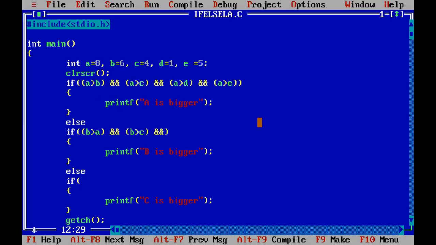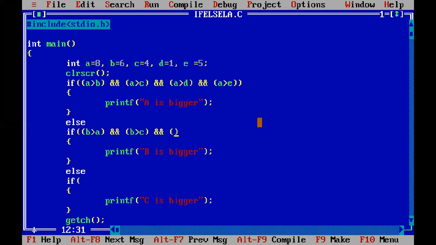For C, better you use Dev C++ or you use Code::Blocks instead of Turbo C, if you are having any difficulty, because Turbo C lags a lot, there's a lot of problem with this. So you better use Dev C++ for C, or you can use Code::Blocks also, or you can use online editors also. There are free online editors available for C programming, but make sure you start using it.